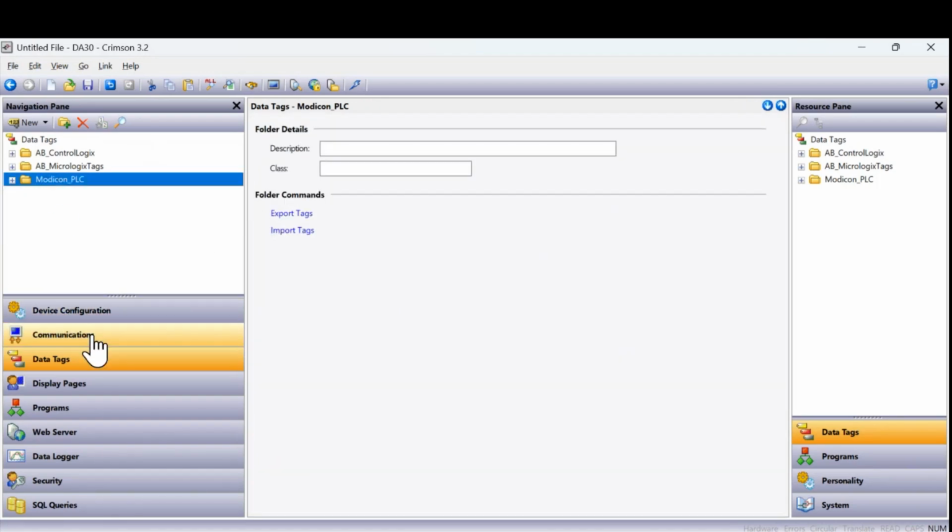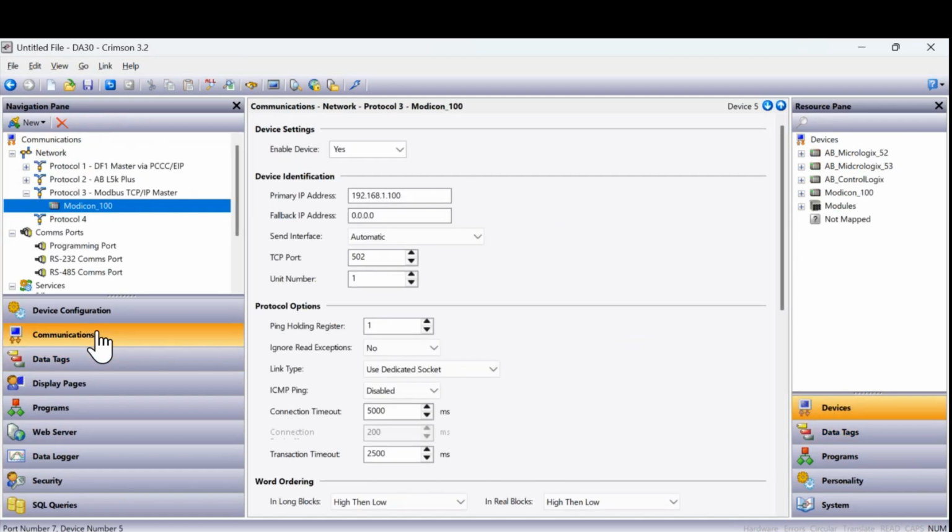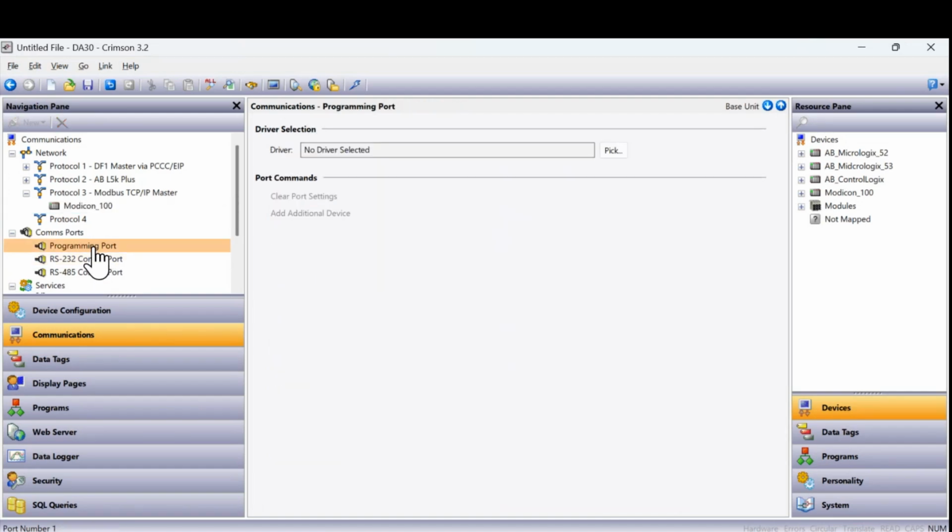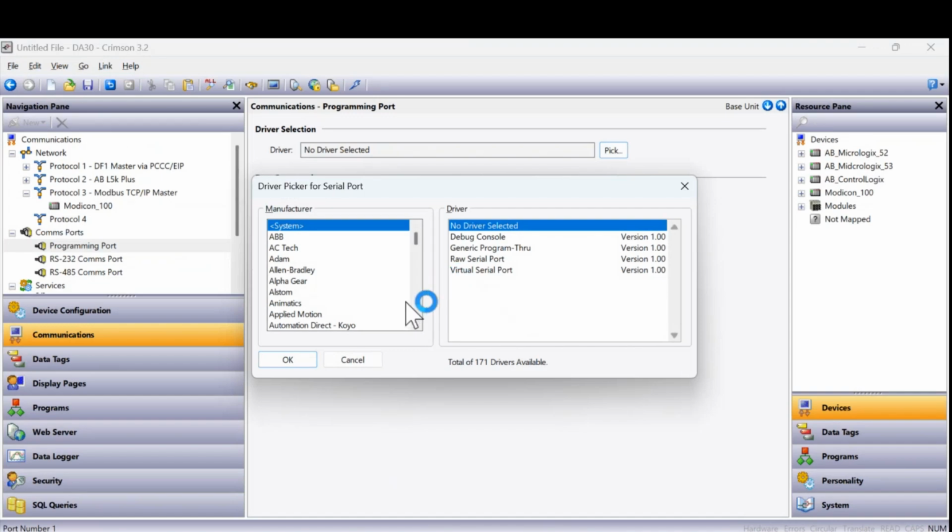If it doesn't have an Ethernet port, let's say it's older, it probably still has an RS-232 or 485 port on it. Down here under the comms, these are our serial ports. You could click on this COM port here, for instance, which says programming, but honestly, it's just another serial port. Back in the old days, people used that for programming, but now it's just an RS-232 port. I can hit the pick button here, and in this case, I can go back down to the Modbus word here,